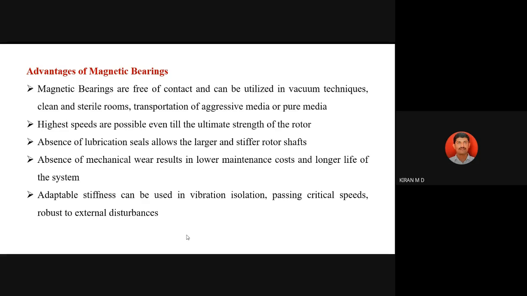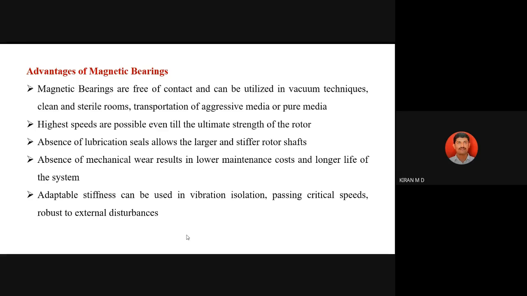In case of an anti-friction bearing or sliding contact bearing, in a high speed condition, we know that there will be some eccentricity in the hydrodynamic or hydrostatic bearing because of the pressure difference throughout the circumference of the shaft. Okay, due to that pressure difference and eccentricity between the shaft's axis and bearing axis, it causes vibration. Okay, so in case of a magnetic bearing, we can avoid the vibration.